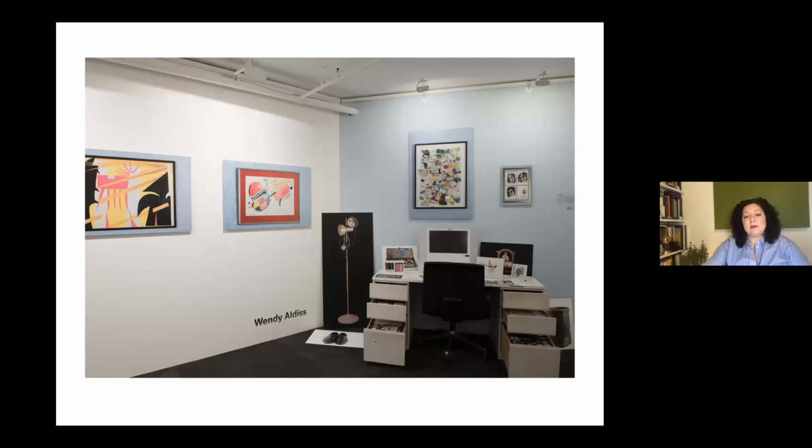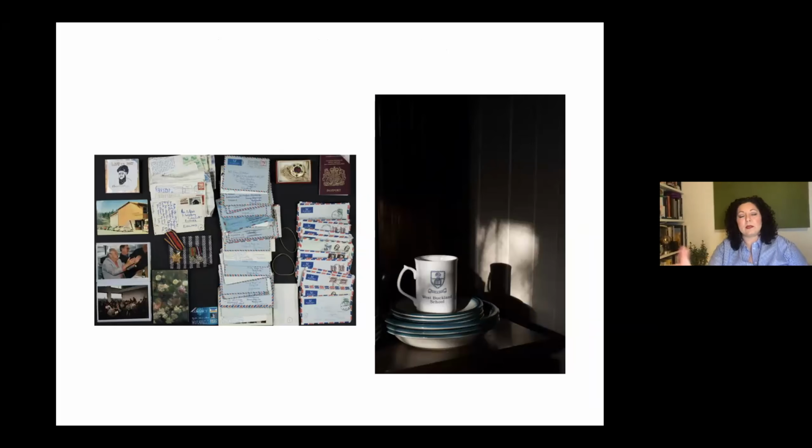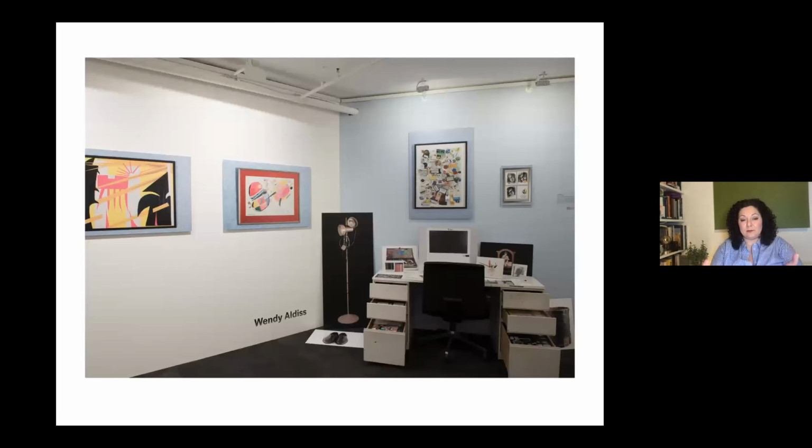So we decided, we had a discussion about what could be in this space and what furniture was there that was still available for us to use, and actually ended up creating this entire installation and artwork in itself, which is wonderful, with her father's desk and bookcase. So we sort of recreated a study.